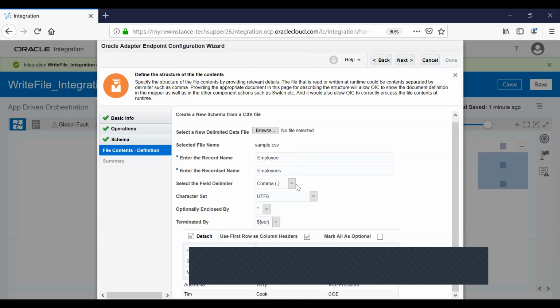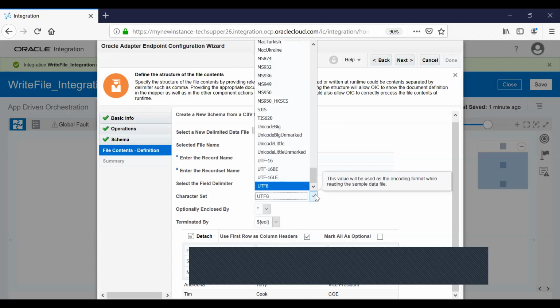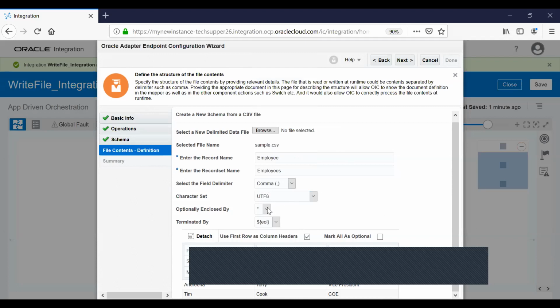And if your file is comma separated, just select comma separated. If the file you want to create is separated by a single space, select single space, semicolon, tab, or pipeline. It totally depends on your choice. The character set: there are lots of character sets which you can select. Optionally enclosed by: